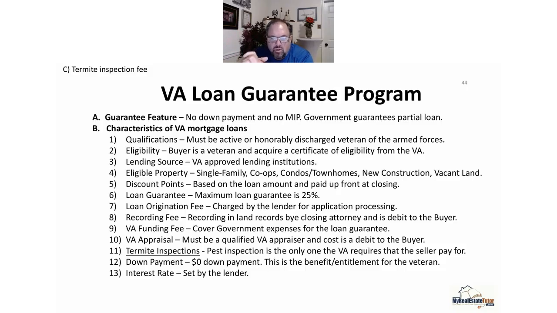Properties or single family, co-ops, condos. Okay. Discount points can be used and paid for. Now, the loan guarantee is partial payment. The actual government guarantees up to 25% of the loan amount. In other words, if it forecloses, the government will give the lender 25% of what that payoff is, or